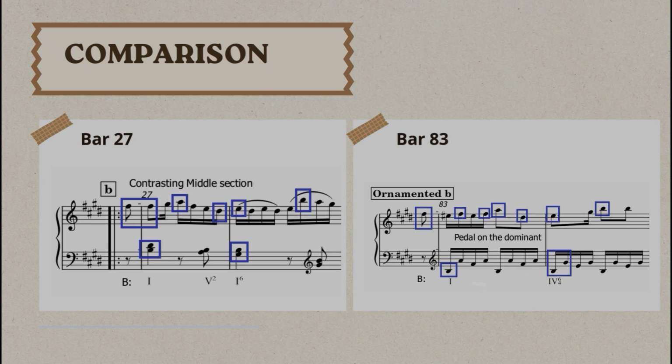The middle of couplet 2 drives towards B major again. By bars 87 to 90, the music reaches a PAC in B major, the dominant of E, echoing the strategy of couplet 1.